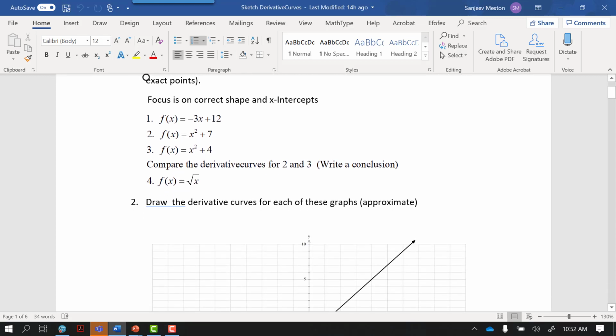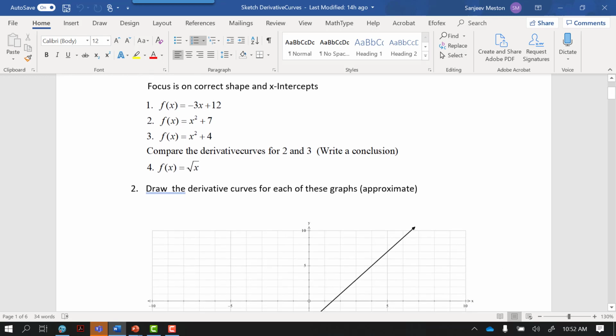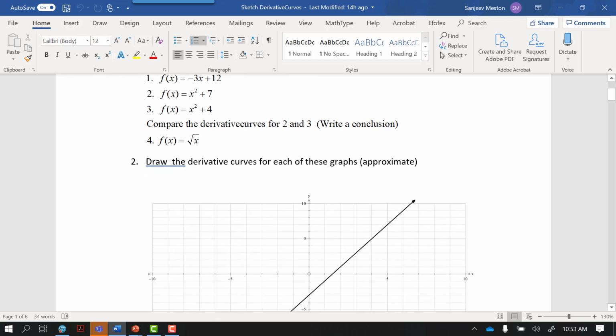The fourth one is a square root function, which is x to the power of half. Now in this case, we know that the derivative is always positive. It is maximum when it starts, and then the derivative is still positive, but it becomes less and less positive. It approaches the value of 0 but never becomes 0. So I would be interested in seeing your derivative curve for this one.